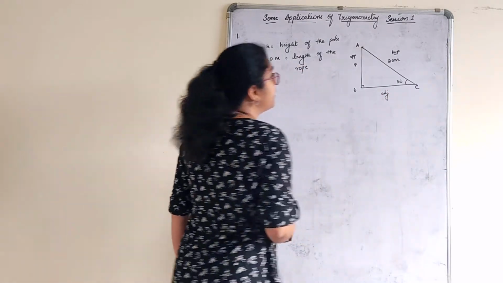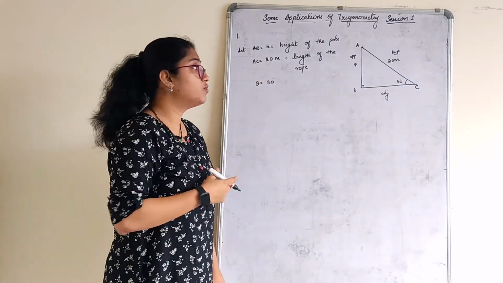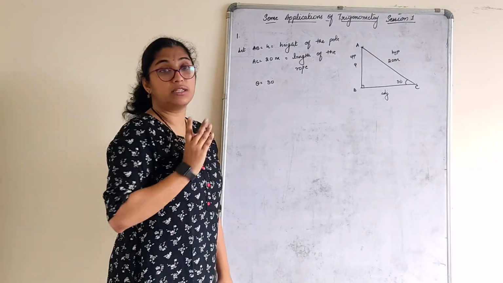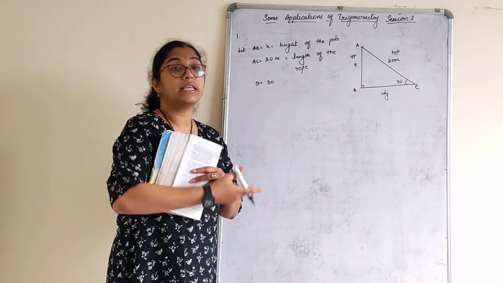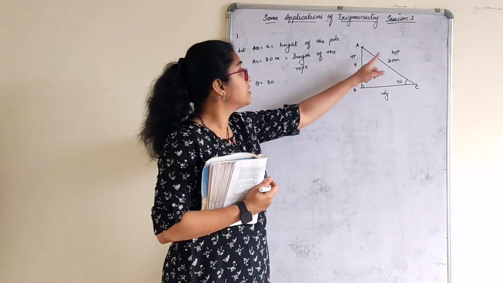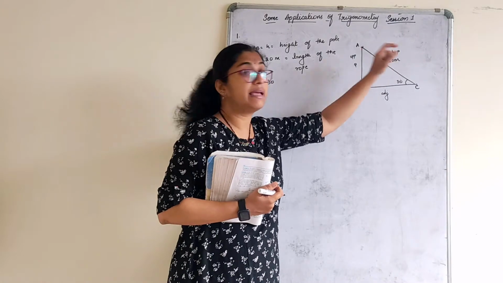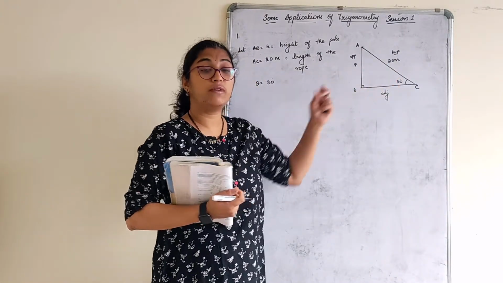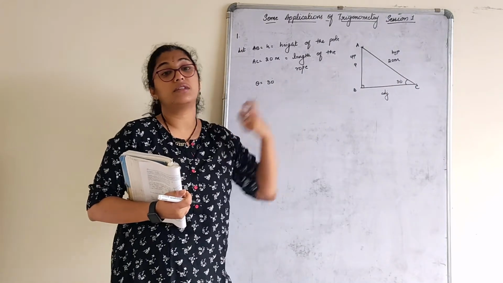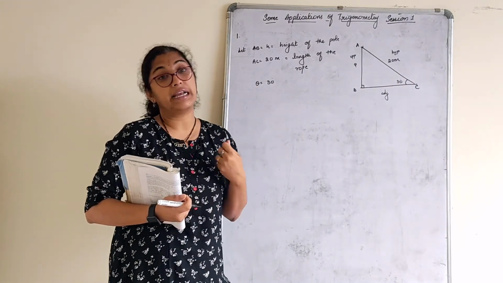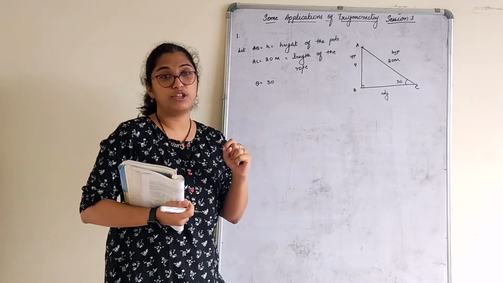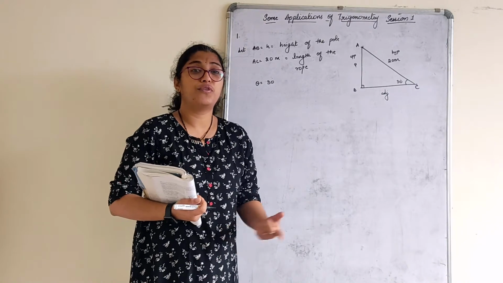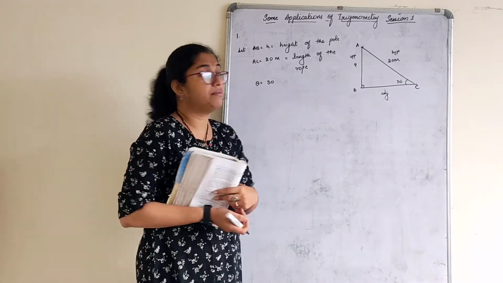Now what you have to find, what do you want from the question? You want the height of the pole, right? That means you want opposite side. With respect to what is given, you have to first search. Opposite is what you have to find out, hypotenuse is given. Which trigonometric ratio will give you an answer for opposite with respect to hypotenuse? This is sine ratio or cosec ratio. Reciprocals we don't use it here. We can use, but why do you want to go for reciprocal when the actual trigonometric ratio can be used?